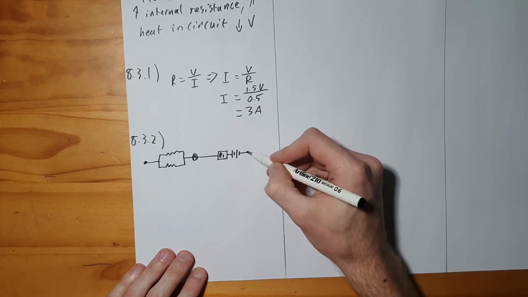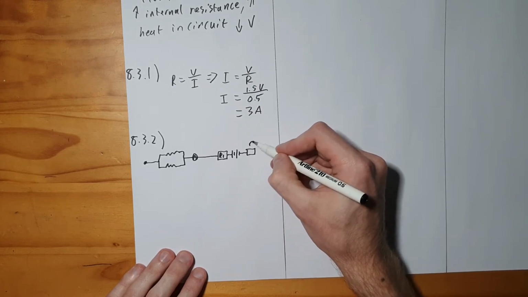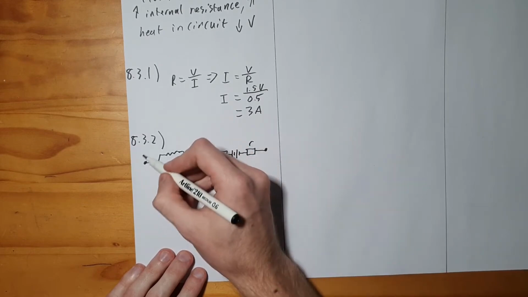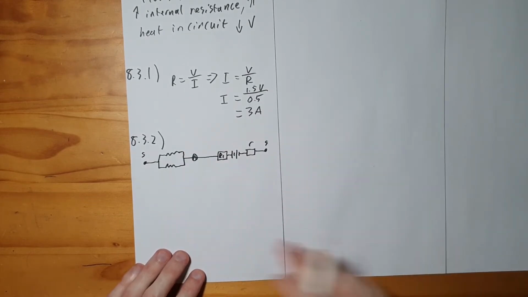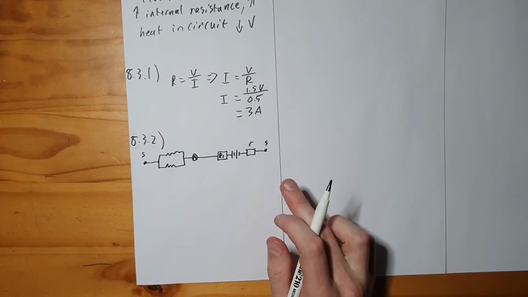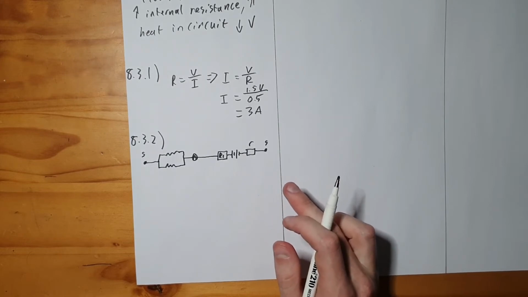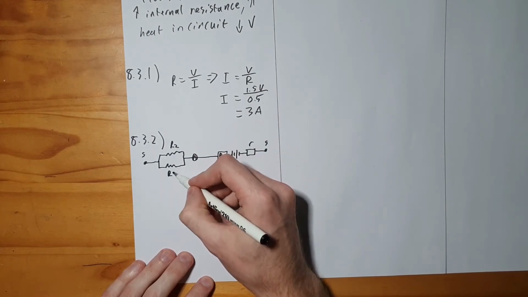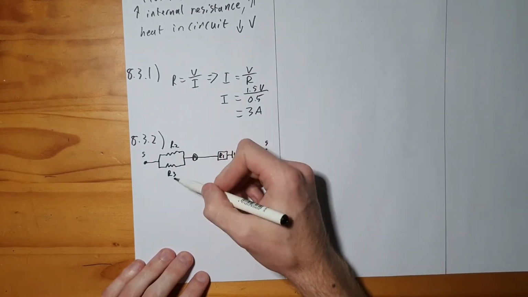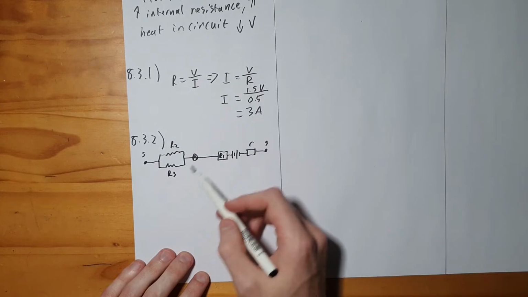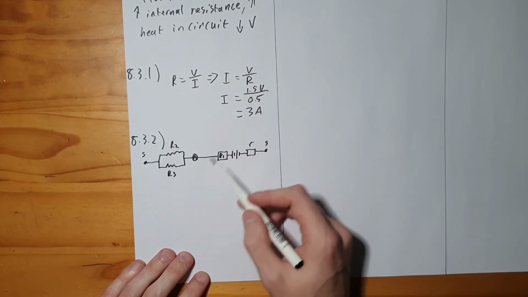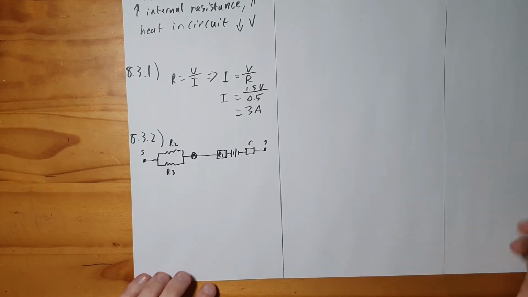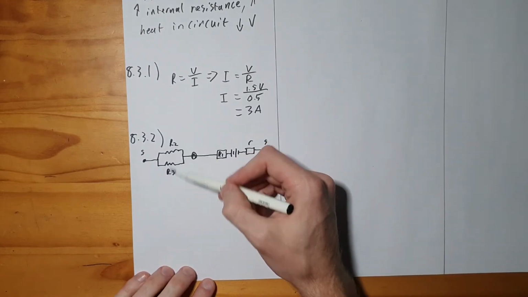Okay, we have the internal resistance of little r, and then we come back to our switch. Okay, so S and S. Okay, so now we can see everything in a straight line, and we can determine what's in parallel and what's in series. So note that R2 and R3 is then in parallel, and this entire branch is in series with R1. Okay, so now that we want to calculate the external resistance, we're going to have to convert these two